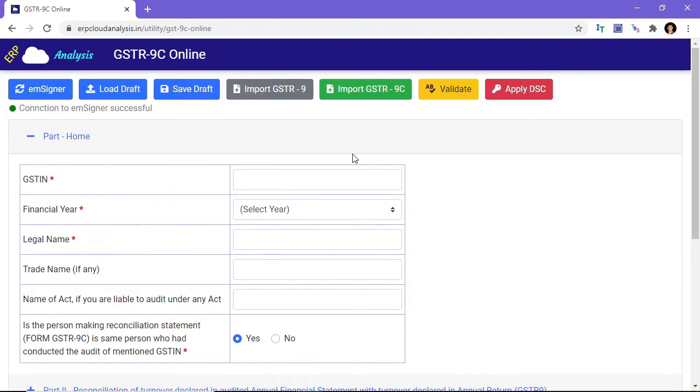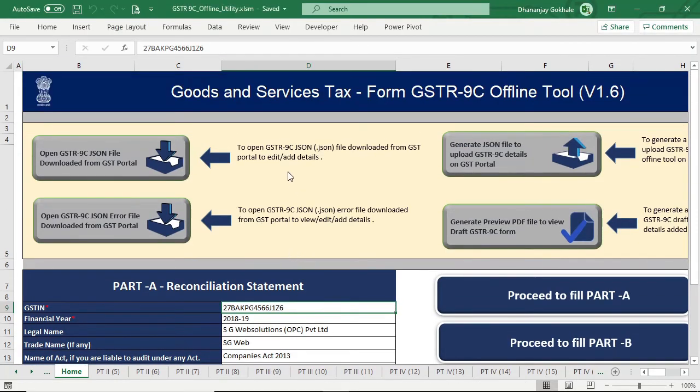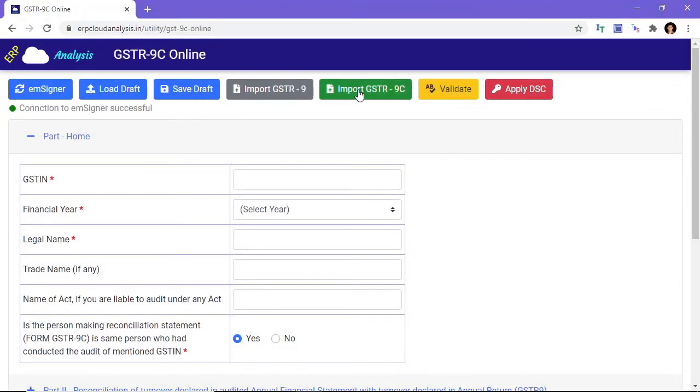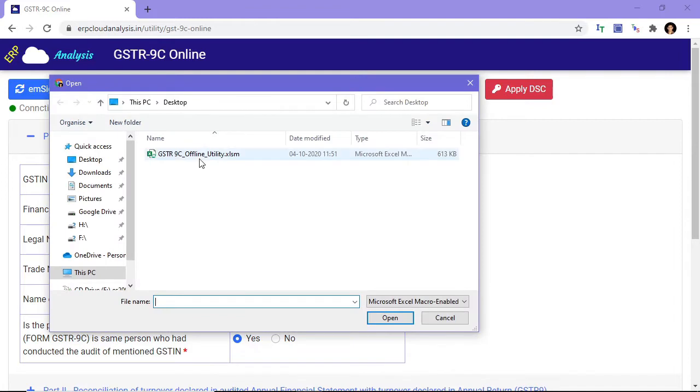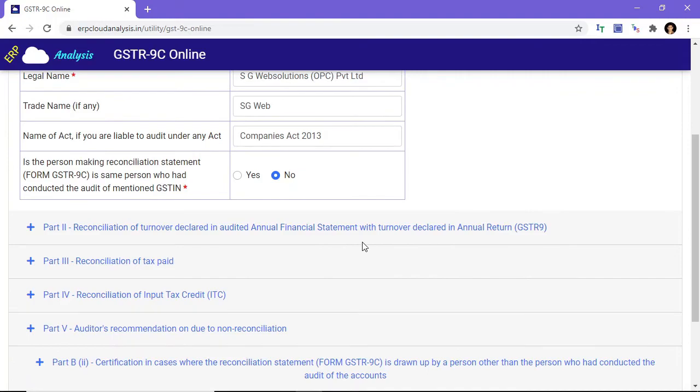There is a special import button for it. So just make sure you save this Excel template file, close it, and import that Excel template directly from this site. So I'll select this and click open.